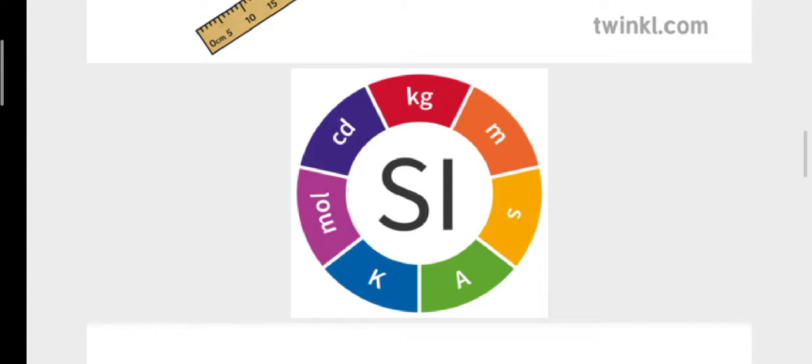For practical purpose, we need a bigger unit. Like we have dozen for eggs. Then we have other, say, score for 20, gross for 144. So, they are groups of, say, higher units. Similarly, mole is a bigger unit to measure amount of atoms, number of atoms. How? Let us see.